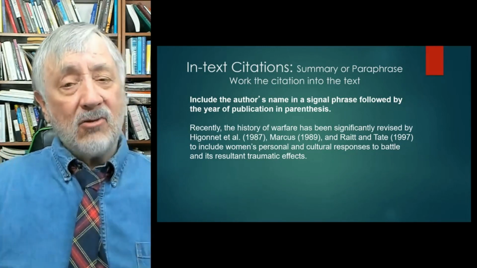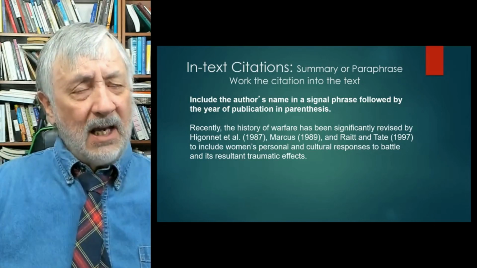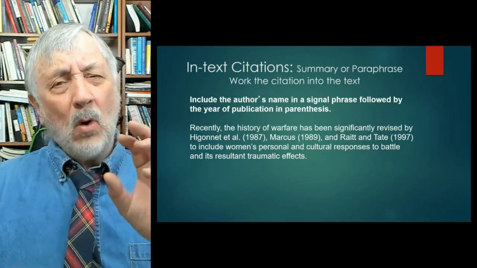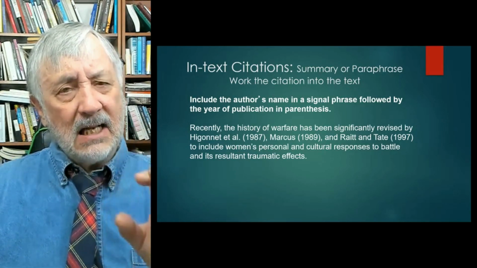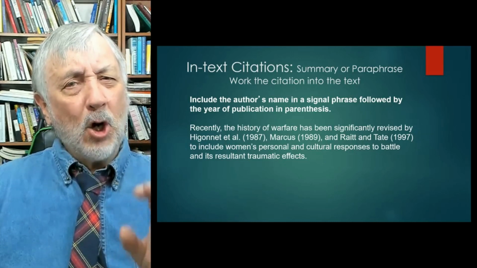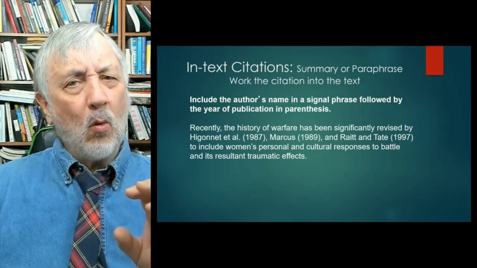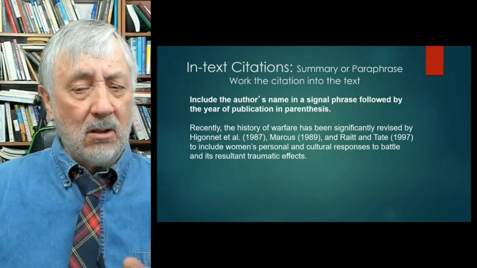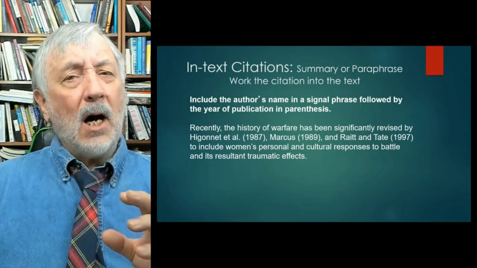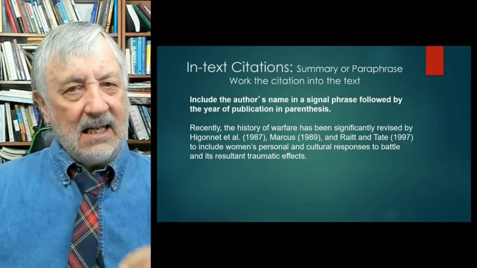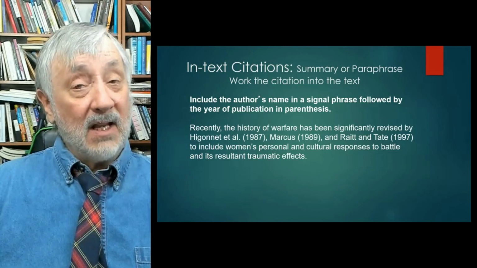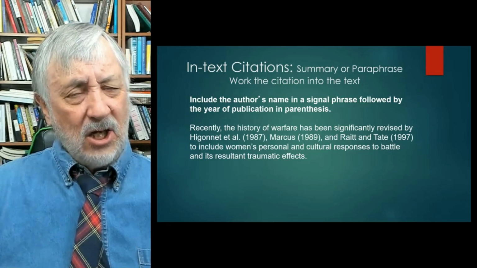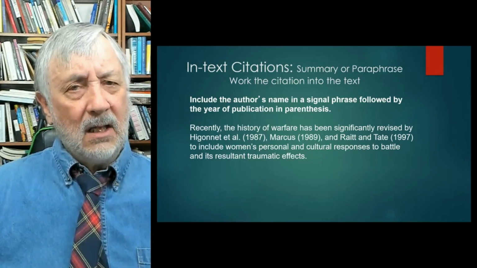And again, I can't stress this enough, the year of publication always goes with the name. That's how we know what the work is. In essence, you're not really referring to a person, an author, you're referring to the work. You're not referring to Higonnet, I'm not sure what the pronunciation would be, but you're referring to Higonnet 1987, the article written by a person by this name in 1987. That's the citation, and that's the method of referencing the article.